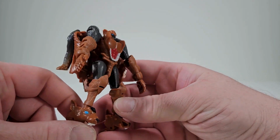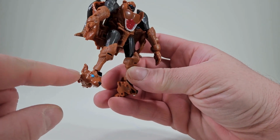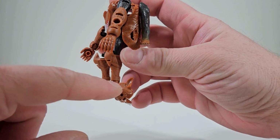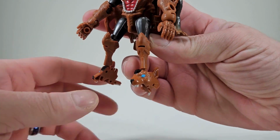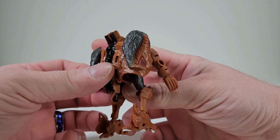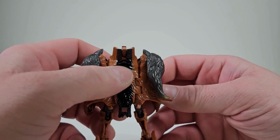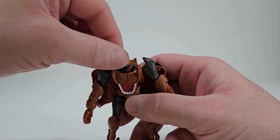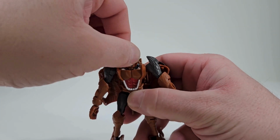Nice. And here we see a little bit more exposed of his beast head. Nice blue eyes and some teeth down there as well. I like the paint job that they have here. It's really nice. Articulation: you can rotate the head